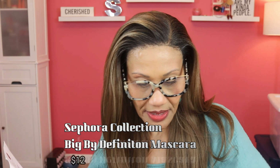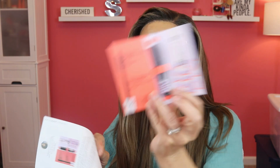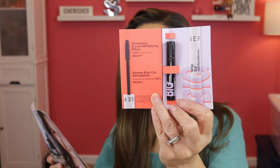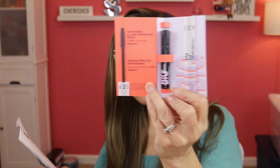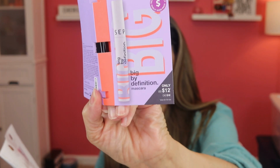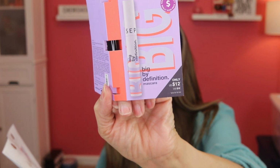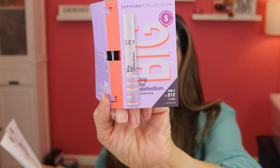Okay, next thing. Sephora Collection Big By Definition Mascara. And this is kind of small, but that's the mascara they sent me. It says it's $12 for this size mascara, because it says that on the outside of this thing. It's a volumizing and lash multiplying effect. They're claiming it's